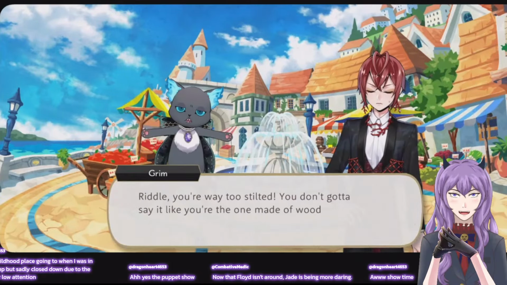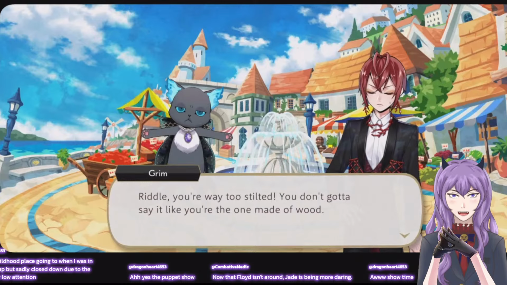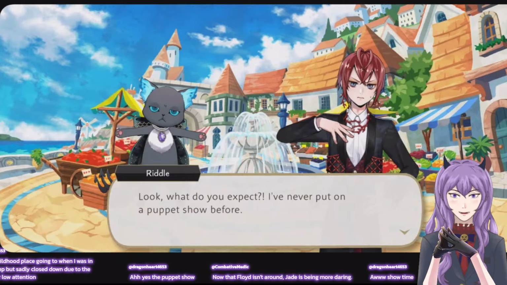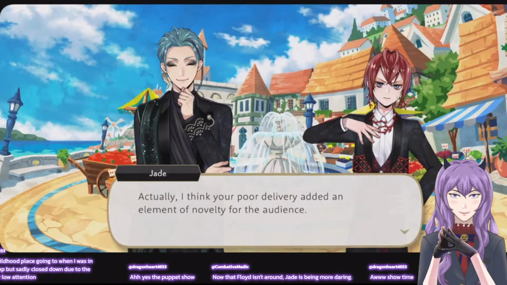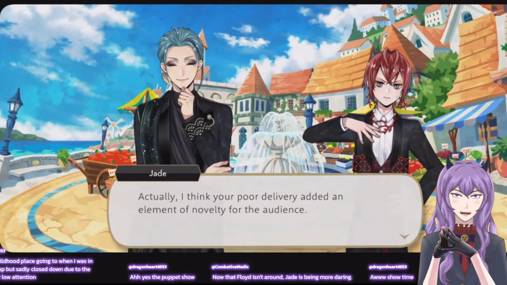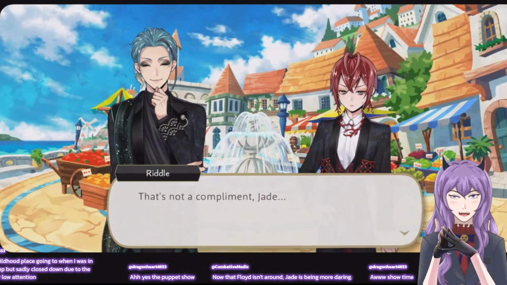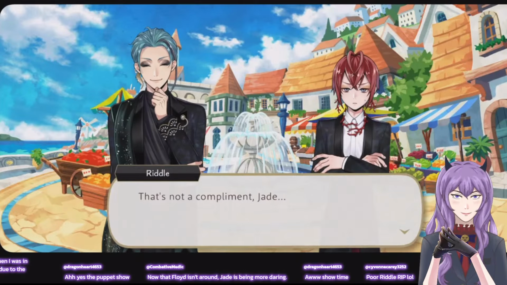Riddle. Riddles, you're lacking the emotion, the passion. No, he's trying. It's baby's first puppet show. He's doing his best. I guess Riddle's not very good at acting.